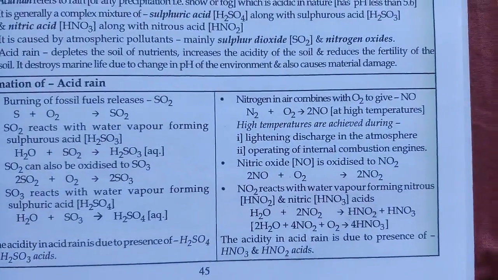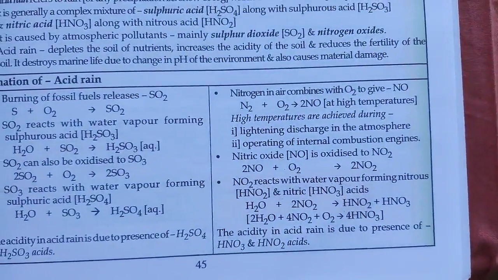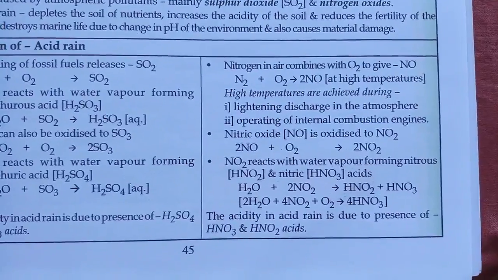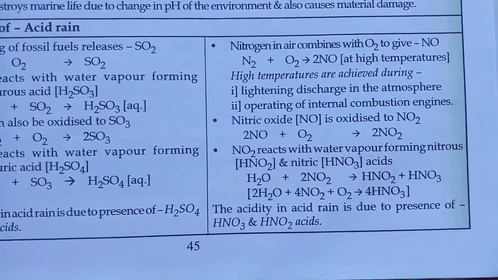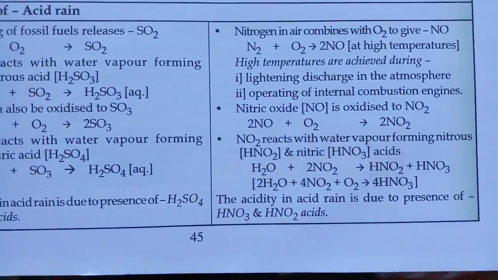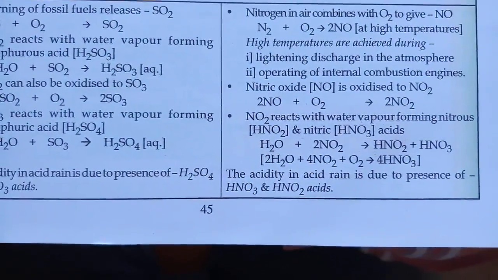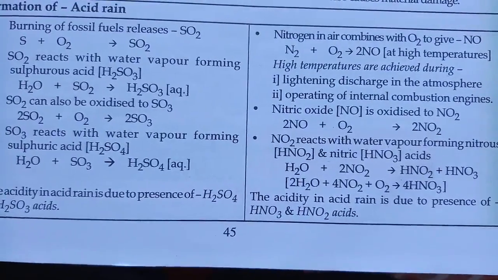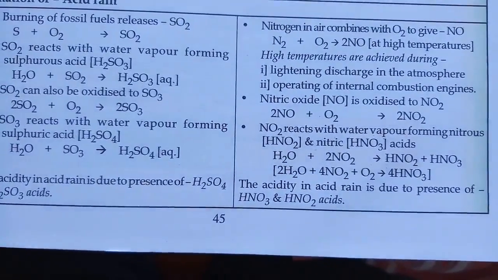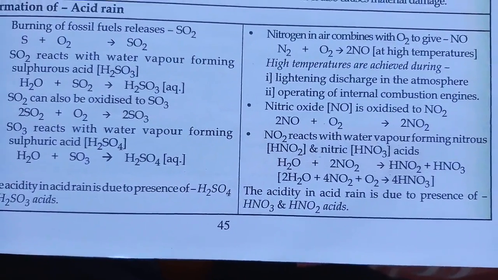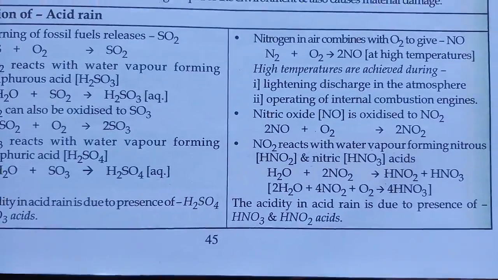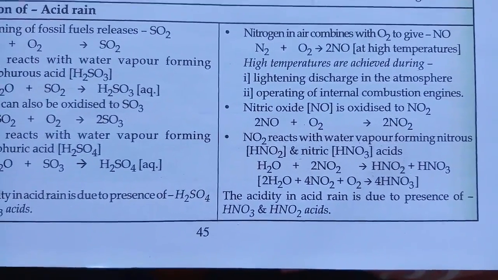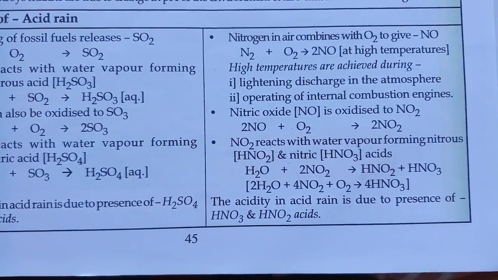And then second, chemical reactions: nitrogen in the air combines with the oxygen and gives you nitrogen oxide, right? At high temperature. High temperatures are achieved during lightning discharge in the atmosphere. So nitrogen is in the air, suspended in the air. Oxygen is always in the air, and when lightning strikes in the monsoon, lightning releases heat, and that gives you high temperature, and nitrogen reacts with oxygen in the air and turns into NO,